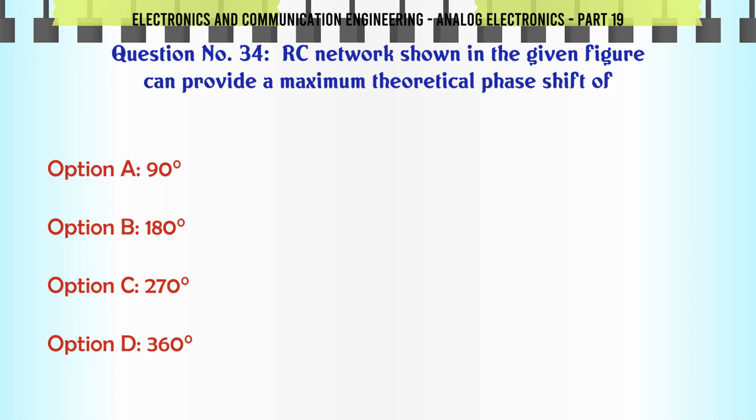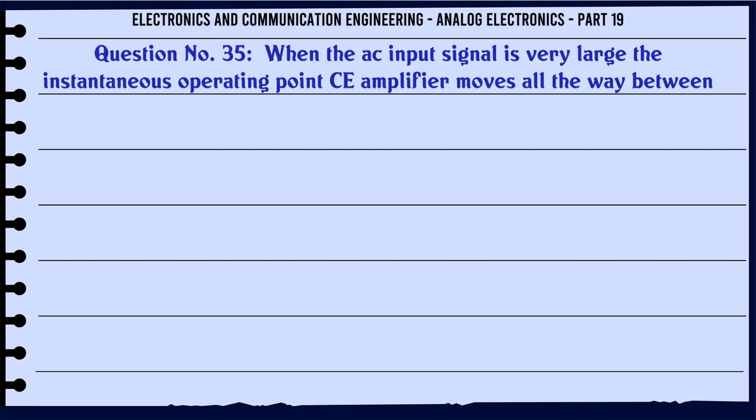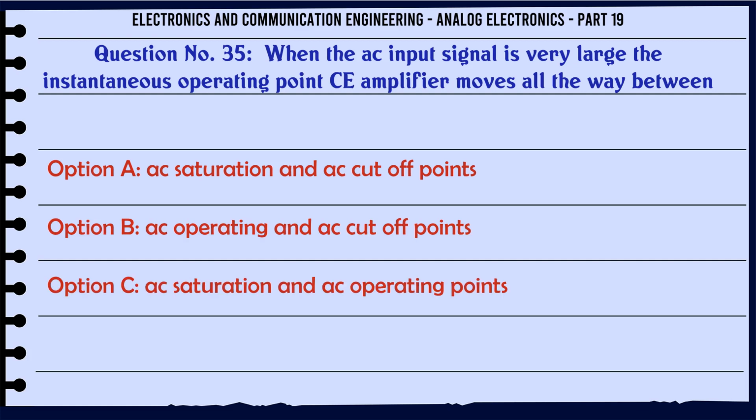B. 180, C. 270, D. 360. The correct answer is 180. When the AC input signal is very large, the instantaneous operating point of a CE amplifier moves all the way between